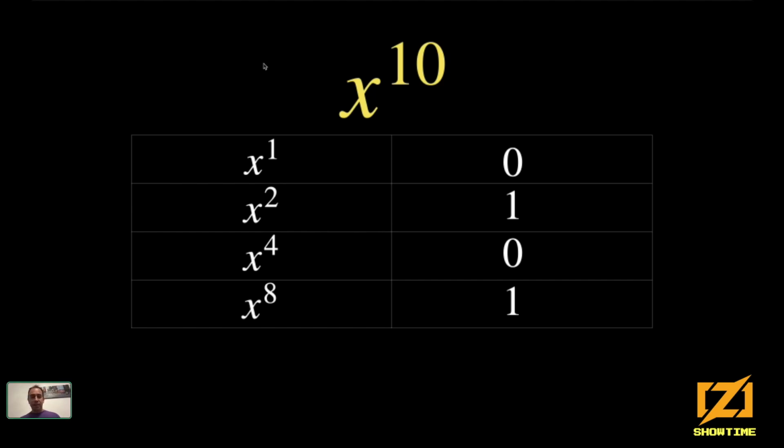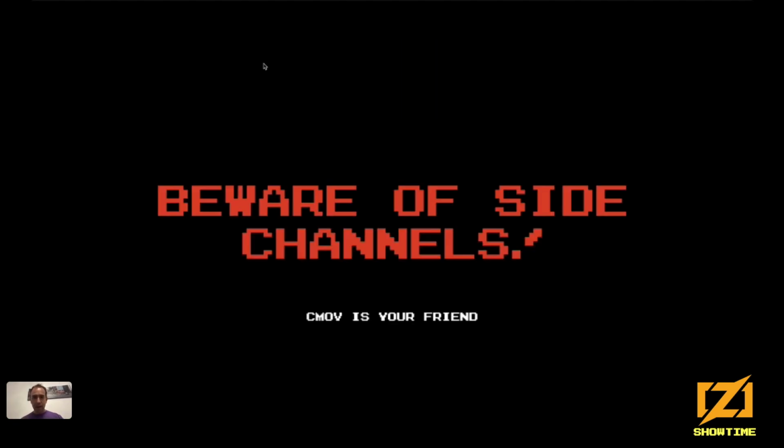On the left, this is very simple to compute. We start with x, and we just keep squaring. So we are in a loop, and at each iteration of the loop, we square the previous result. And then we look at what we have on the right. Do we have 0? Well, we don't do anything. We don't multiply anything with the accumulator, which is set to 1 at the beginning, of course. And if we go to 1, then we multiply what we have with the accumulator. So eventually, we get the result much, much, much faster than having to do 10 iterations.